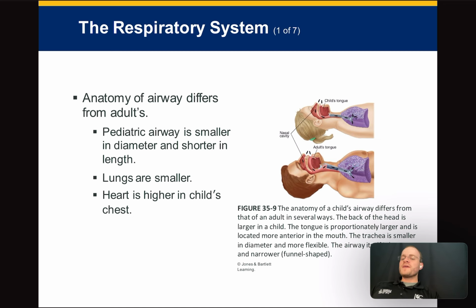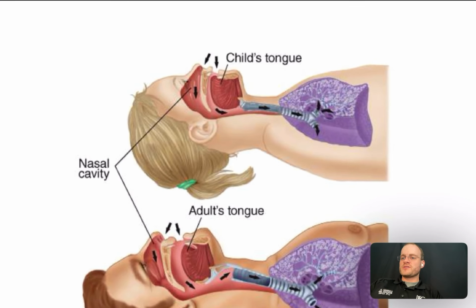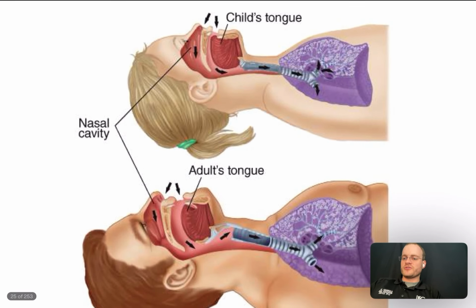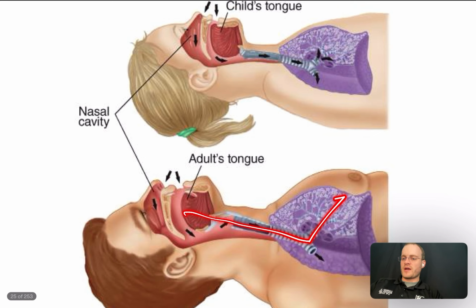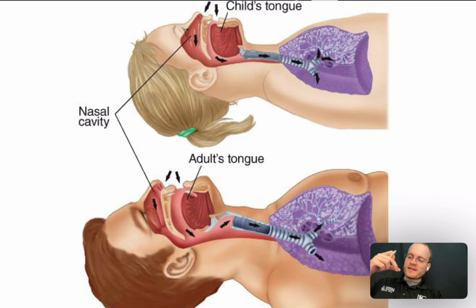One thing that's tested commonly is the pediatric airway is smaller, and it's also more flexible. You can see this is an adult's airway. Remember, the trachea is the airway tube in the front of the throat. The problem with the kid is these cartilaginous rings aren't fully developed and stiff yet. So it's a bit like a bendy straw that can bend, compared to an adult's, which is more like a metal straw. It's a lot harder to bend and break that, but a kid's you can kink a lot easier.